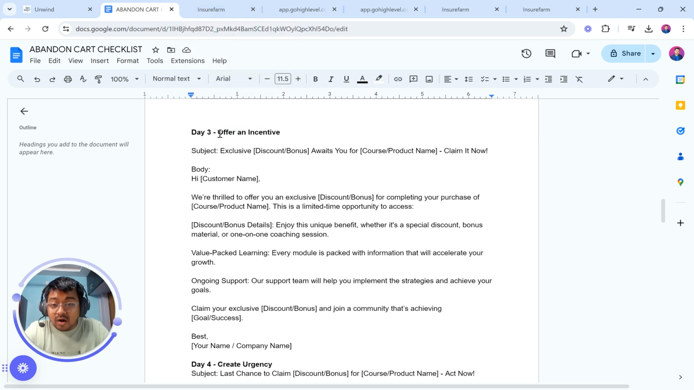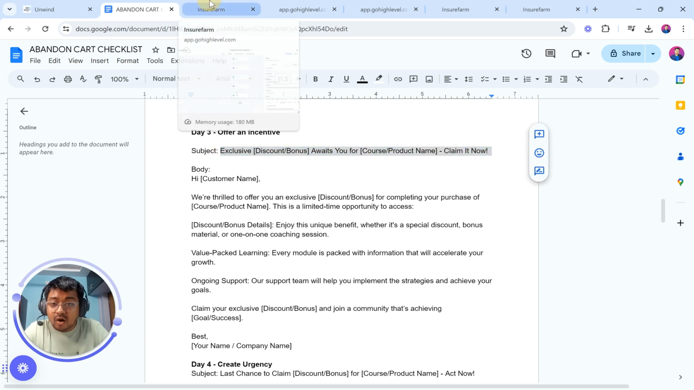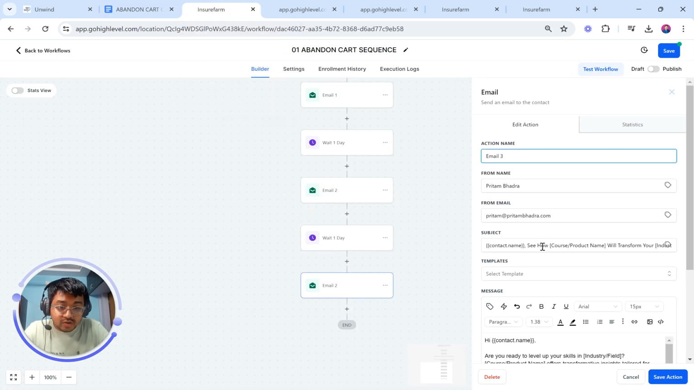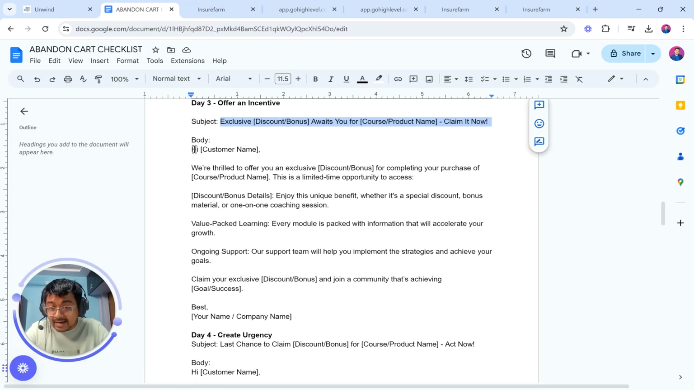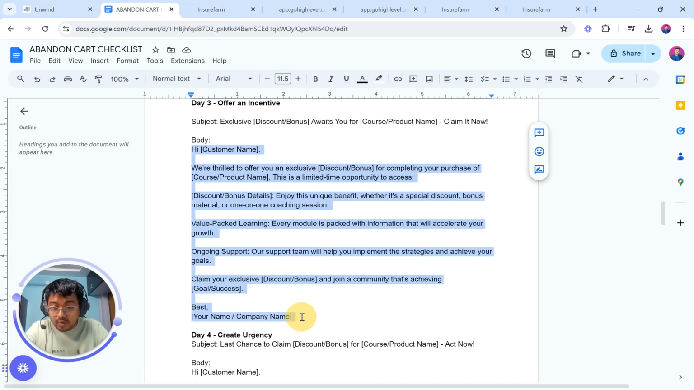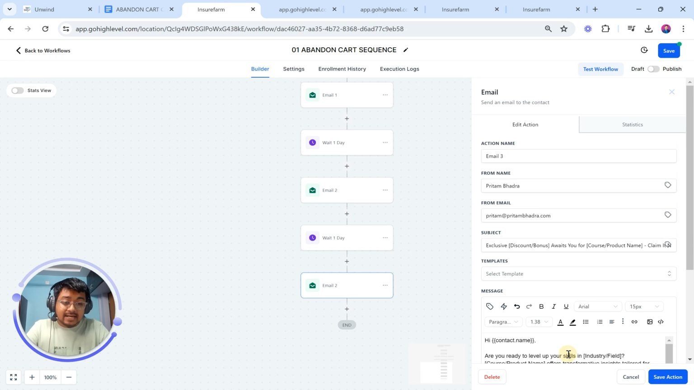Right. So it's going to be an offer and incentive. This is exactly where we are giving them a bait, which is an offer, which is basically a coupon. Let's add that, like exclusive discount, right? Bonus, you can change the name as per your requirement. Awaits you for your course and product. Claim it now. Let's proceed forward. Let's add the body here, which is going to be this body, right? So we're going to add that here,